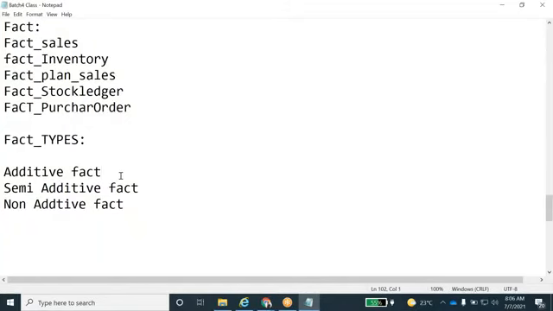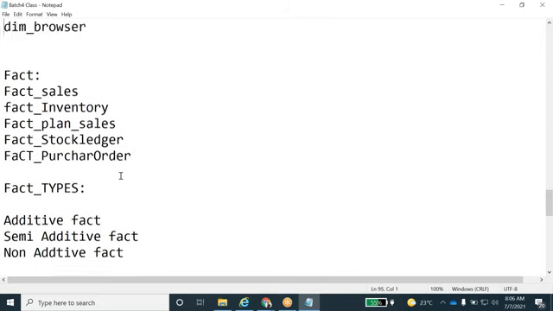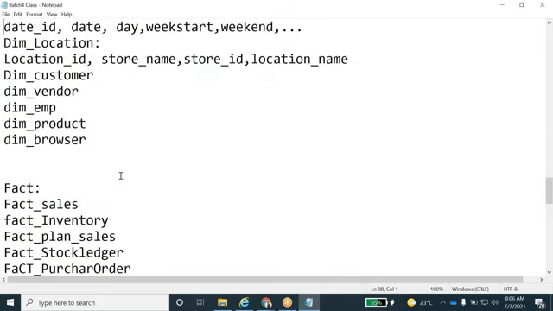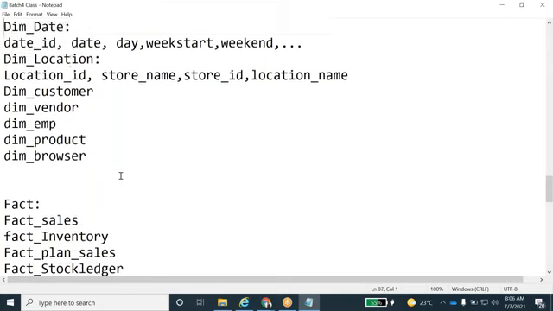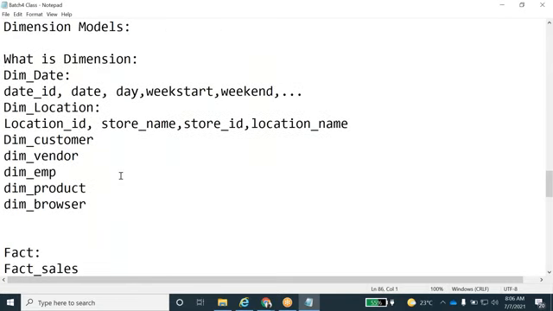Yeah. So the yesterday class, what we had discussed, we'll go for the revision and then we'll start today's class. So we discussed what is dimension table. We discussed what is fact. We discussed yesterday, what is dimension, guys? What is dimension? So the textual information. Yeah, text. So whenever we are loading the textual description of the data in a table, those kind of tables we call dimension tables.